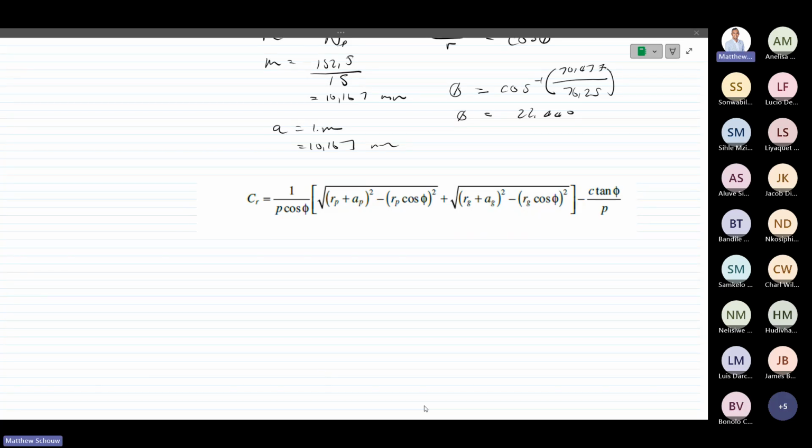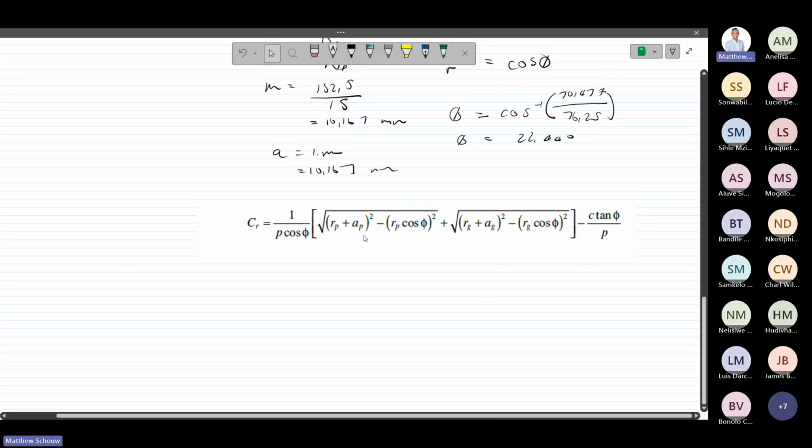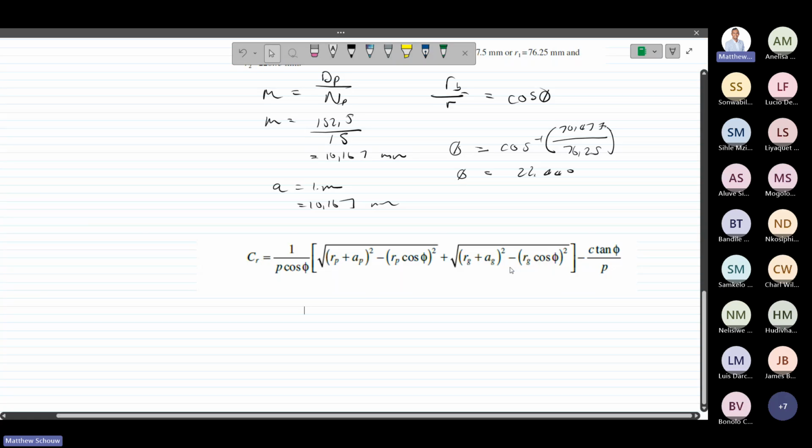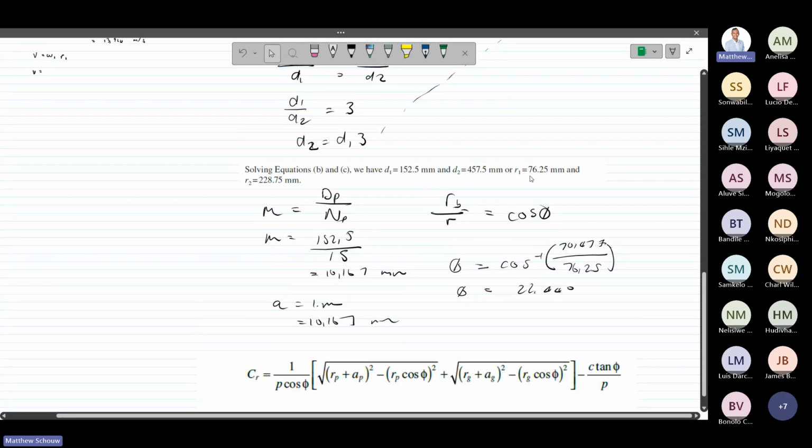You guys want to solve it? Yeah. We have to calculate the addendum for each, depending on the gear, or they're both the same. Yeah, so they're both the same. It's this one here. So your RP, which is the initial, what was it again? This one we just solved here, the R1. And then your denim is